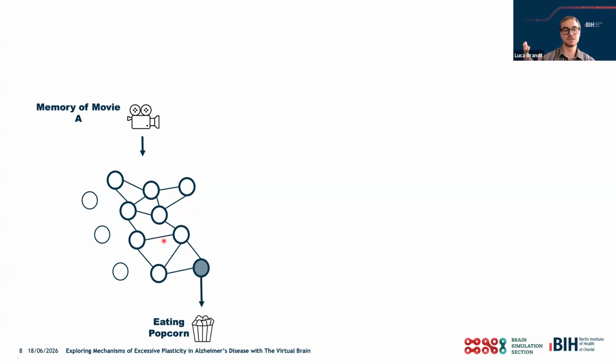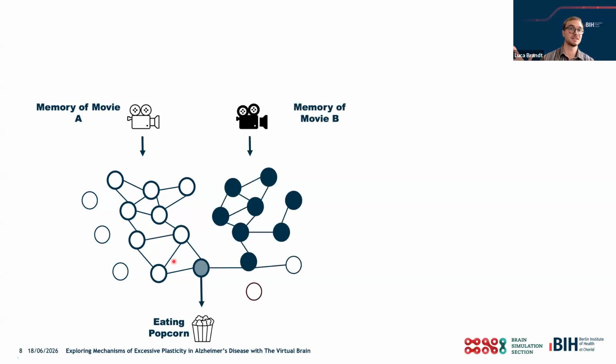So this morning you could recall most details of the movie successfully, but tonight you watch another movie, for example, Spider-Man, and then again after Hebbian plasticity rules, there would be some strengthening of connections. And again, you ate popcorn today as well, so there would be some overlap